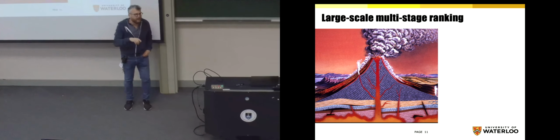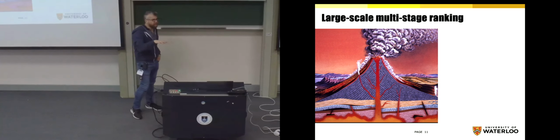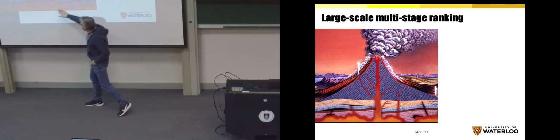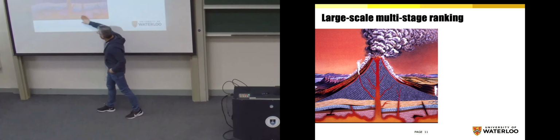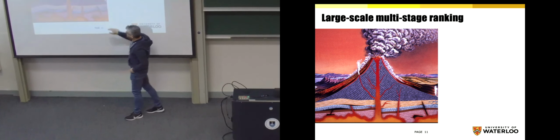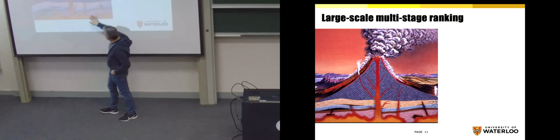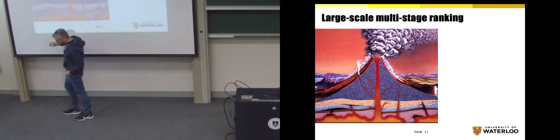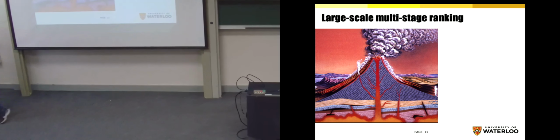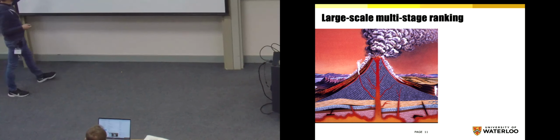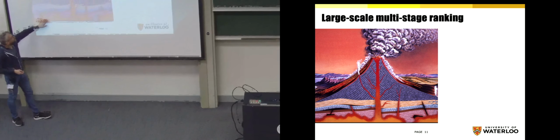Okay, so this is my explanation of how search engines work at scale. Down here we have all of the data. This could be all the pages in the web. This could be all the posts on Facebook or Twitter. This could be all the products being sold on Amazon. This could be all the music on Spotify, right? And the idea is